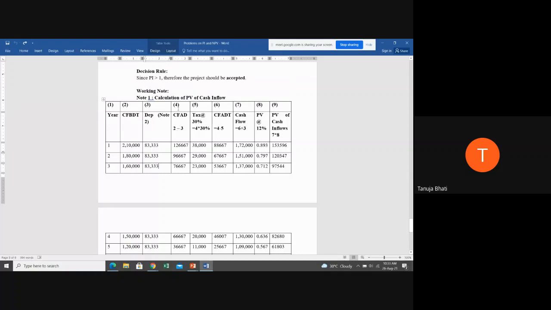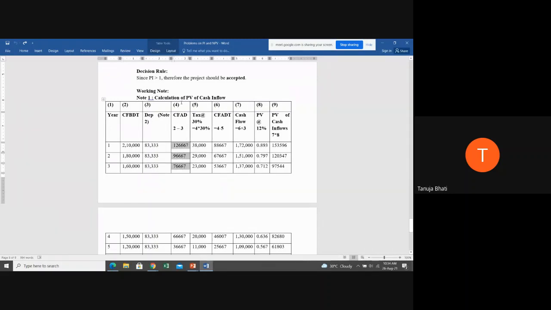Okay. A fourth thing will be to find out cash flow after depreciation. Now, what is the purpose of calculating the fourth column? Because we want to calculate tax. And remember, students, tax is always calculated after minusing depreciation. Because here, whatever inflows we are having, this 210, 180, directly we cannot calculate tax on this because this is cash flow before depreciation. We have to minus depreciation first. So we have to minus 83,333 from 210, and we have to do it for all the years. Okay. Then we get cash flow after depreciation.